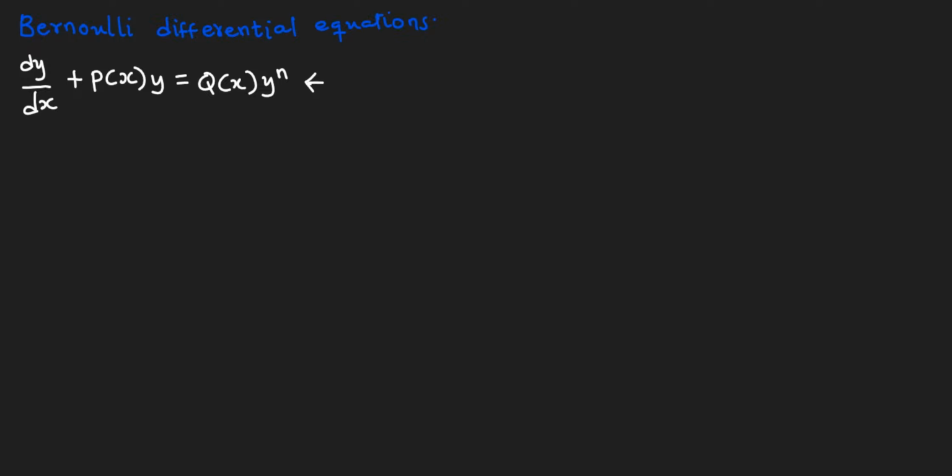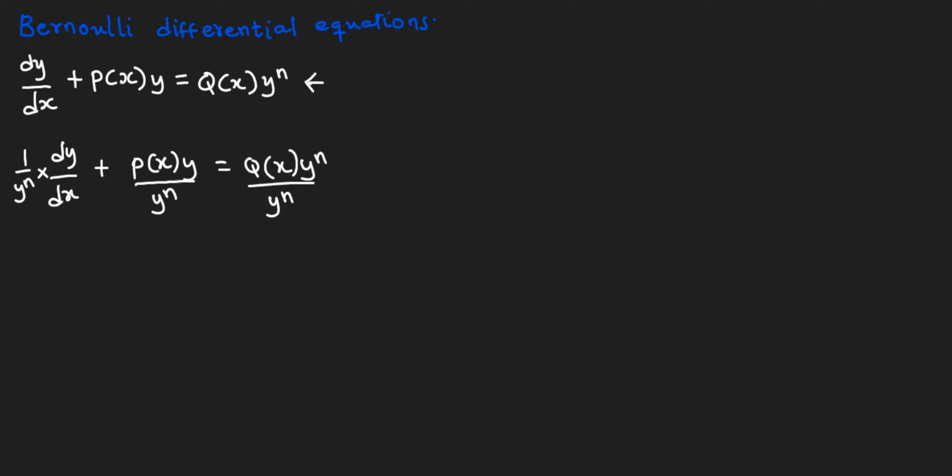We have the standard form dy/dx plus p of x multiplying y equals q of x multiplying y to the power n. The first thing we'll do is multiply through by 1 over y to the power n, so that we can cancel out the y to the power n on the right hand side. So you have y to the power n here, times 1 over y to the power n. This will cancel out, and at the end you're going to have 1 over y to the power n dy/dx